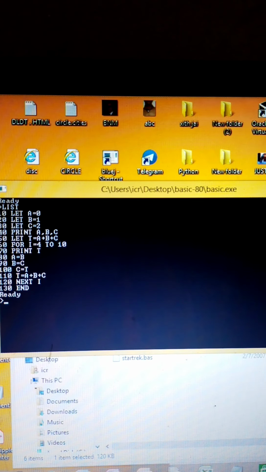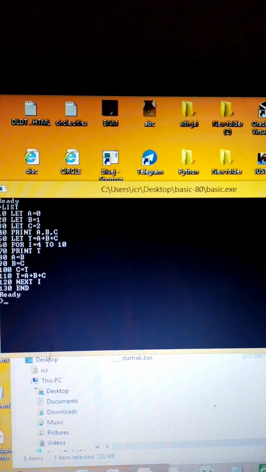So let's look at this program. In this, the initial three values I have already taken in A, B and C. Then I am printing all the three of them, 0, 1, 2. Then after that T is going to take the sum of all the three, 0 plus 1 plus 2, which will be 3. Then a for loop will run from 4 to 10. Why 4? Because initial 3 values we have already printed. So it will come inside and print the value of T, which was generated as 0 plus 1 plus 2, which will be 3. That will be printed as a fourth number.